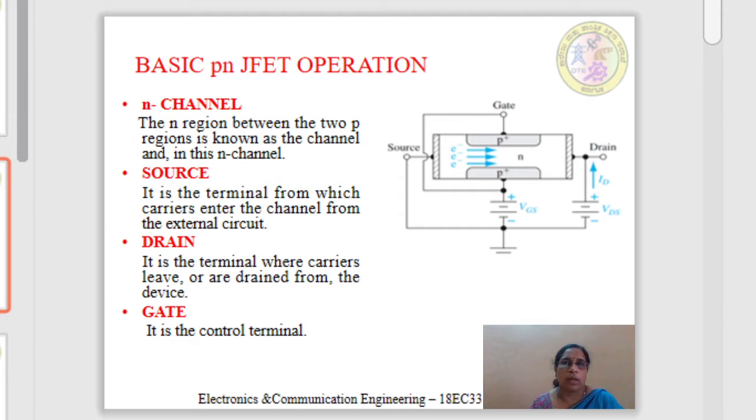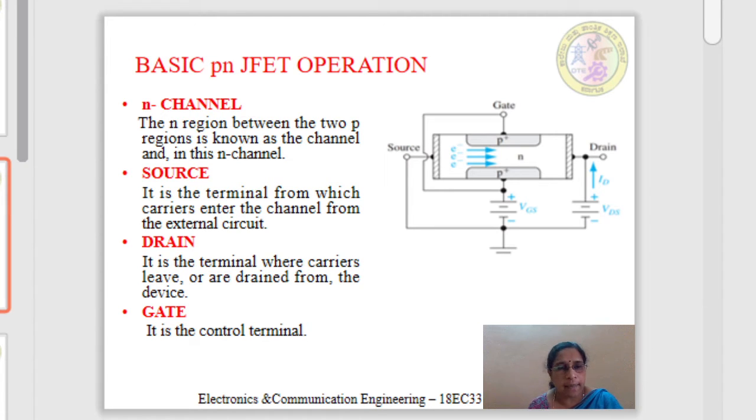You can just recall the bipolar junction transistor. What are its terminals? It has emitter, collector, and the base. But here the field effect transistor has source, drain, and the gate. The cross-sectional view also shows N type material as well as P plus type materials. This N type material that we are seeing in the cross section forms an important part of the device, which is known as the channel.